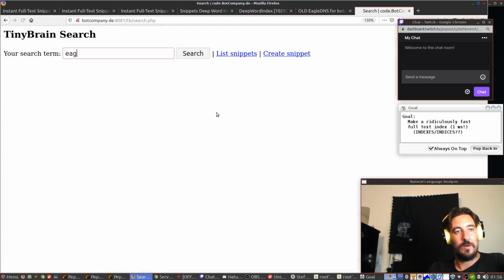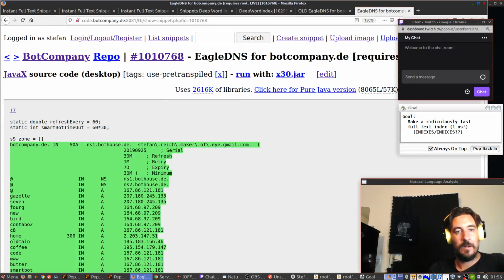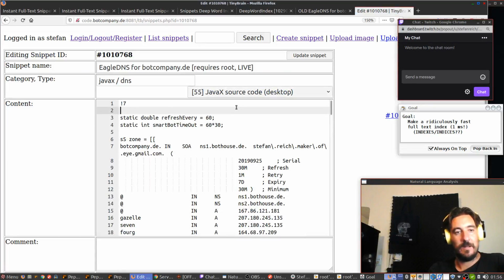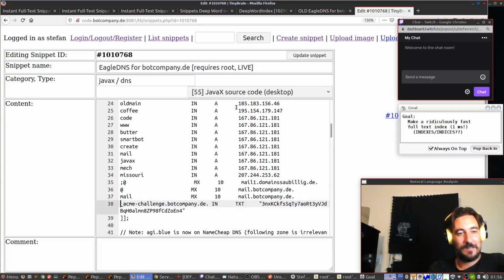Domain names are cool. I run a DNS server that is written in Java. Here, pure Java DNS. I bet that nobody's doing this. I'm possibly the only person in the world who runs a productive DNS server in Java. It works, I mean.